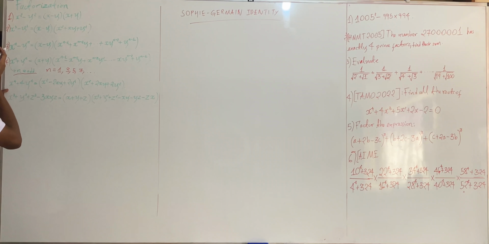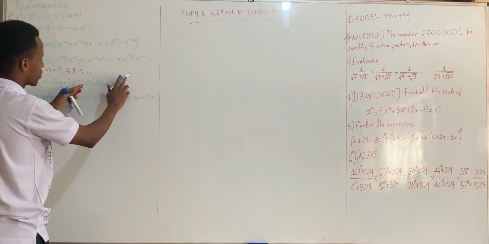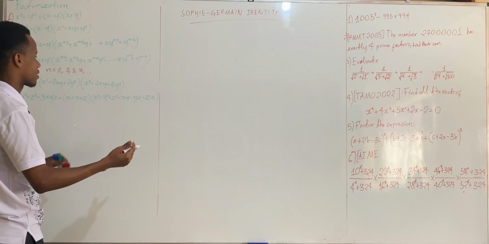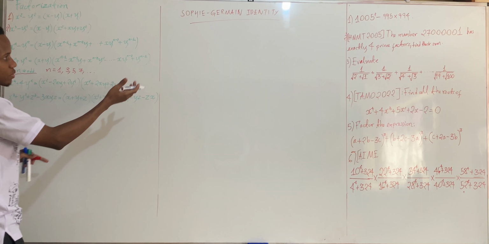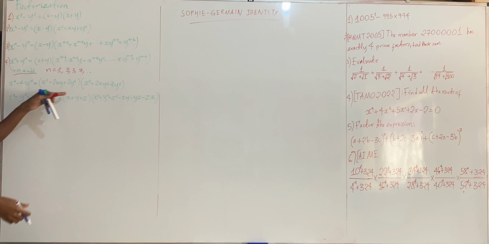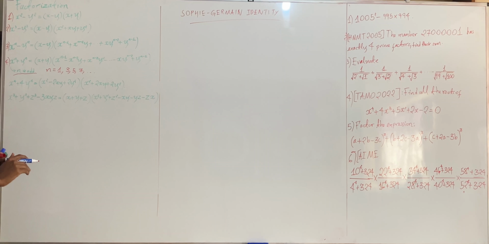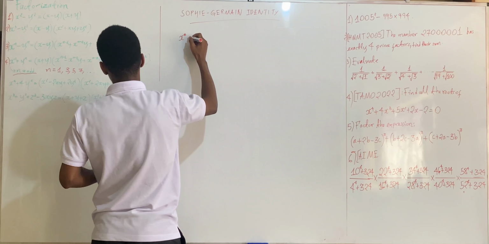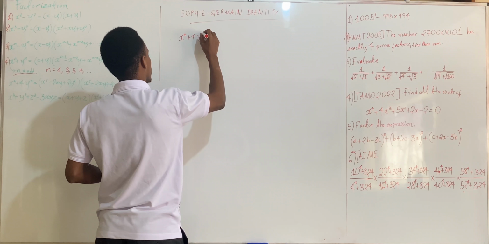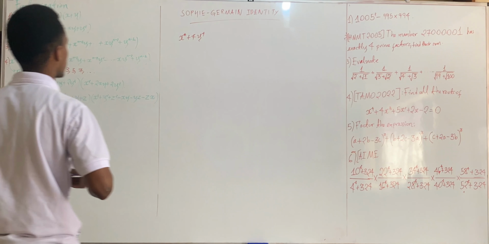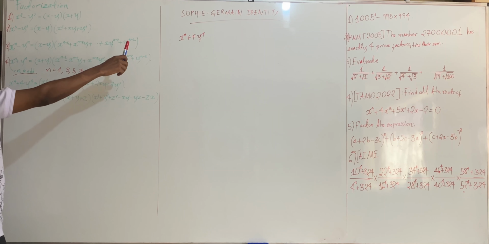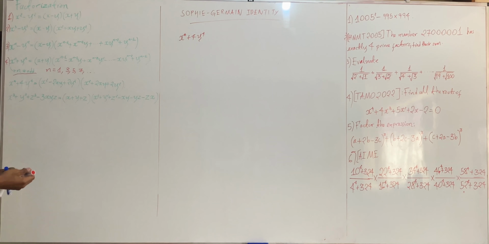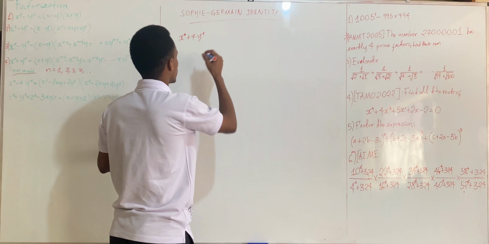So again, we can try to prove it by writing out the factors on the right hand side, and then you can expand as we have done previously to show that this has to be equal to the left hand side. But this time I'll try to move from the left hand side to the right hand side. So in this case, I have x power 4 plus 4 times y power 4. I will try to utilize the first factorization and try to prove this identity. In which case, I will introduce